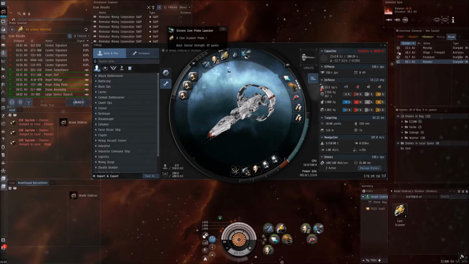We've got the core probe launchers, our Ghost Sisters, drone link augmenter 2, and salvager. Afterburner 2, 10 megawatt, just for a bit of speed. Omnidirectional tracking link and range script to help our drones have better range. Target painter 2s. This is to increase the